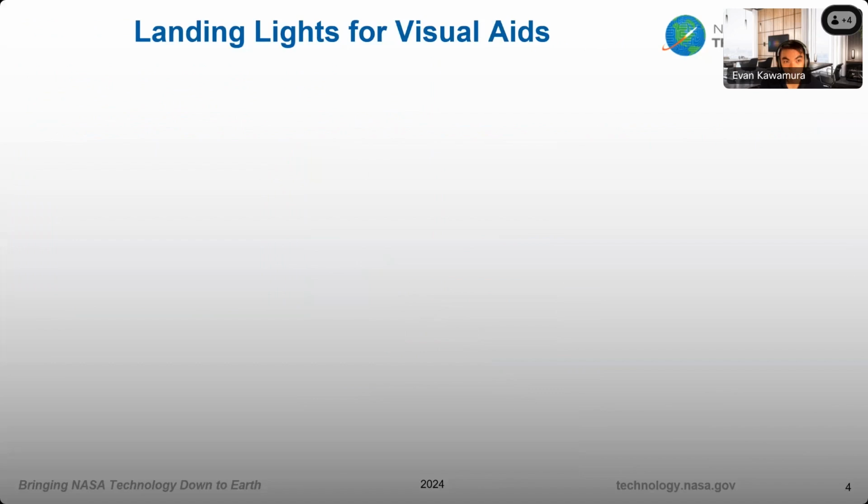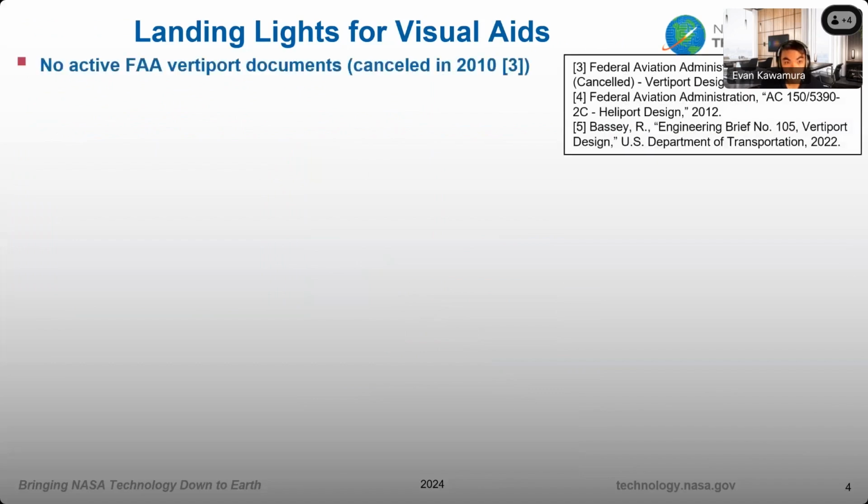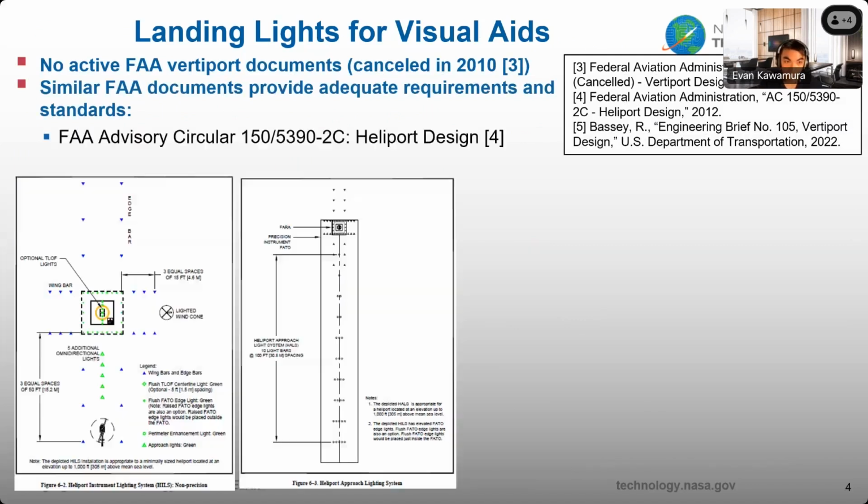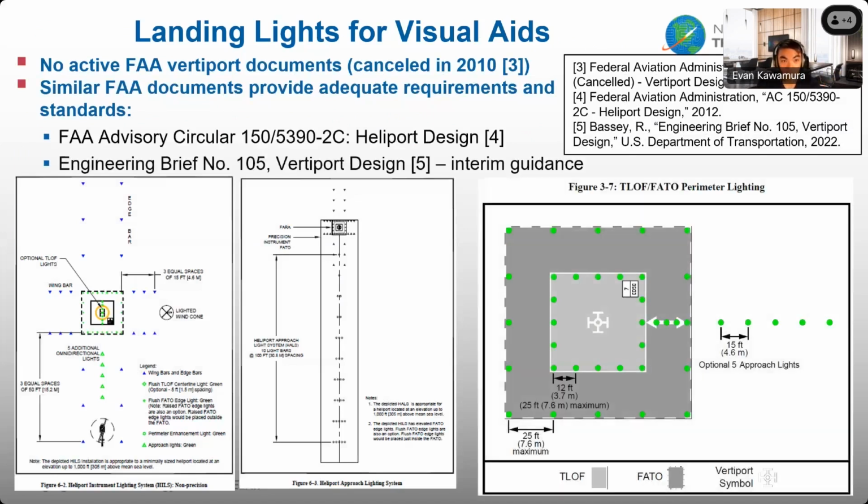Okay, so let's look more into landing lights visual aids. There's no active FAA vertiport document. They canceled this in 2010. So our next best option is to look at similar documents for some requirements and standards. We have the heliport design document, which has some landing lights for us to use. There's also an FAA vertiport design engineering brief. This has some interim guidance. It's not super official, but it gives us some insight into what to expect for our landing light configuration at